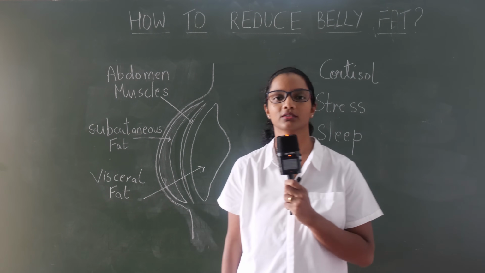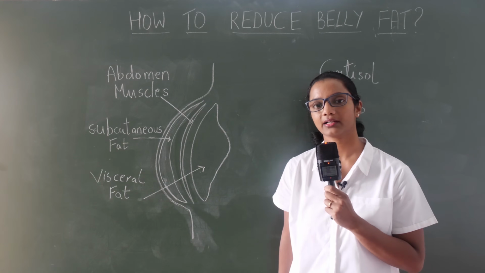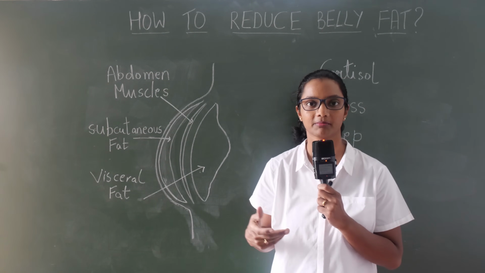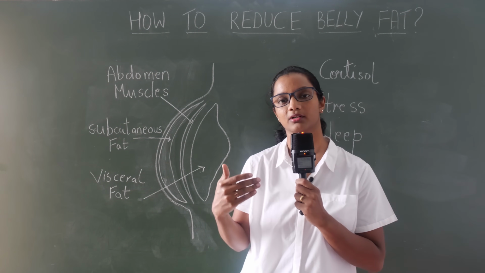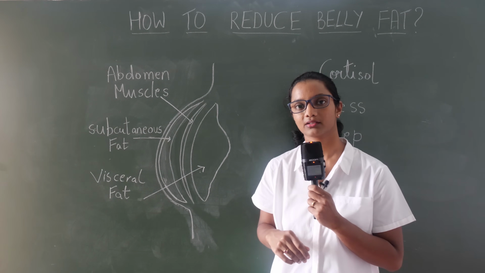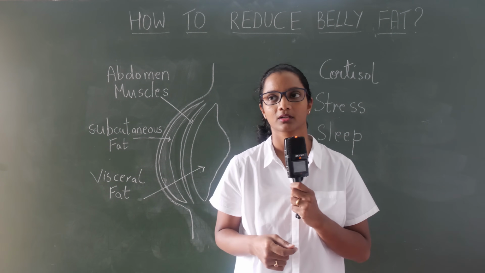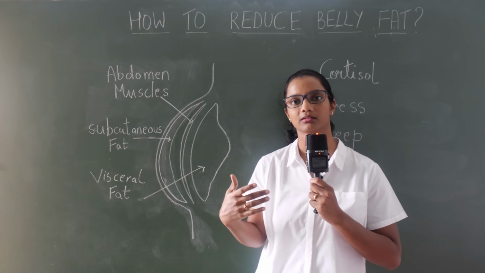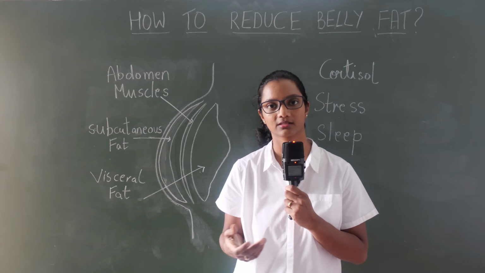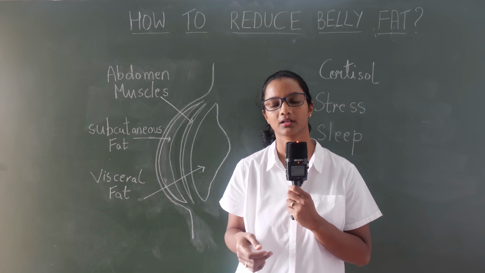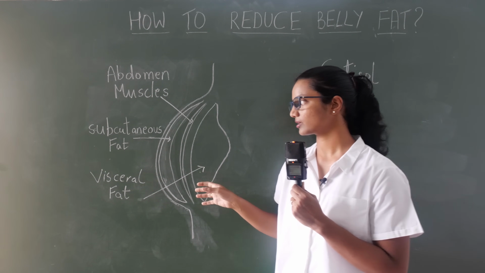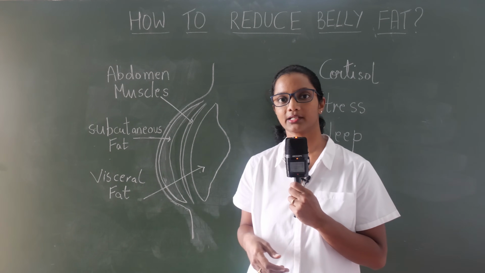So let us discuss this belly fat today. This question is asked several times by many people: how to reduce the fat on your belly, or how does one accumulate fat on the belly area. Even if a person is thin or slim, they would not have fat on their arms or chest or legs. They would be slim, they would be thin, but they would have a big stomach where a lot of fat is being accumulated.